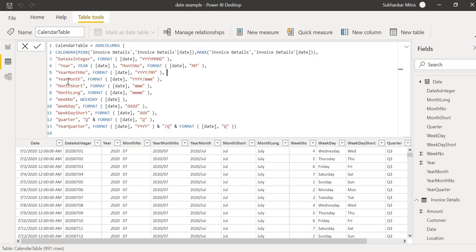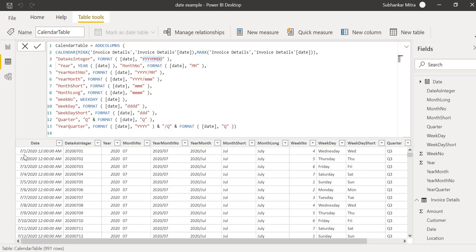And then we are saying the second column should be date as integer. Format is another function which gives you the data in the particular format you need. So we are saying okay, go to the date column and give me the dates in this format, YYYYMMDD.